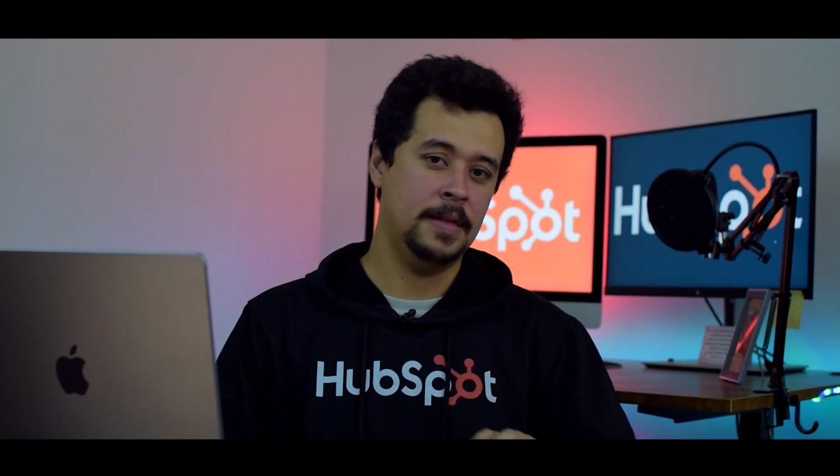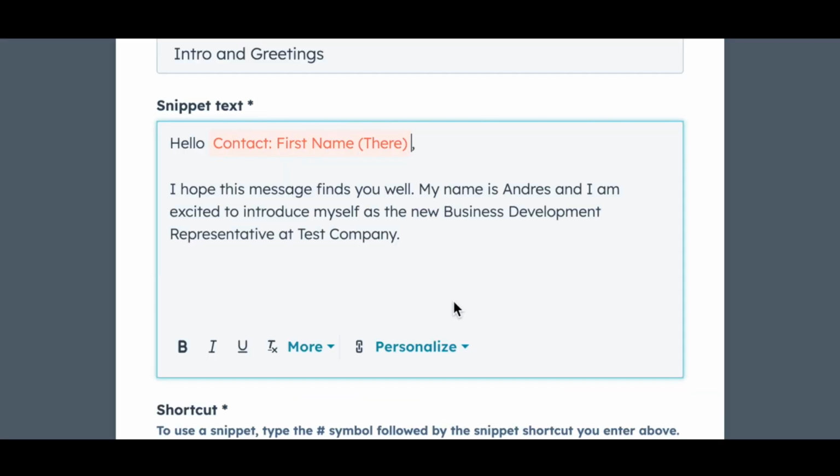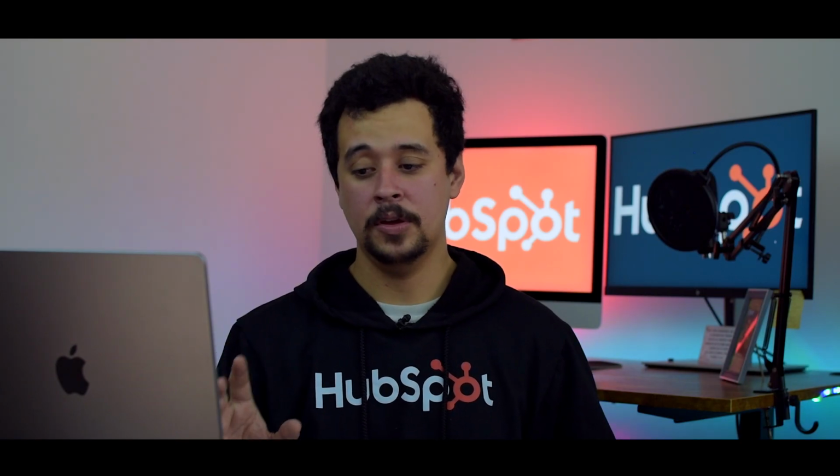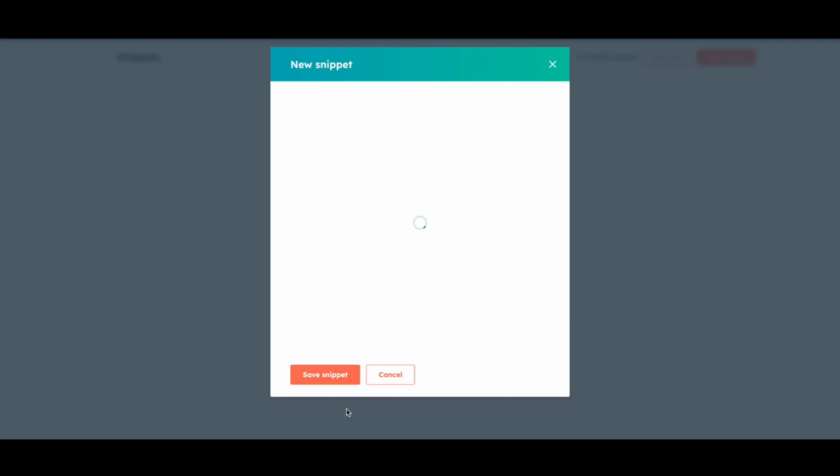So in this case, whenever I use the snippet, instead of manually writing the name of the contact record, I am going to tell the system, please write the name of this contact record for me. That is what we call a personalization token, and that is the job that this type of customization has. So now the next step is that we're going to assign a shortcut,